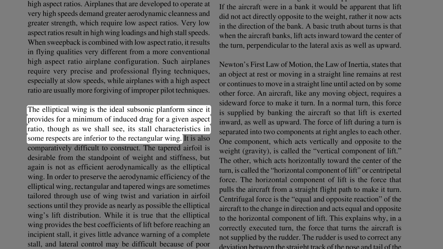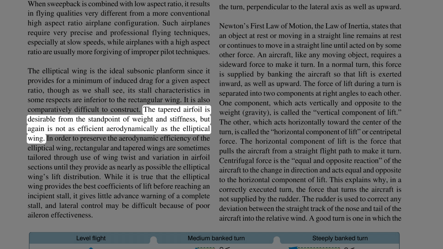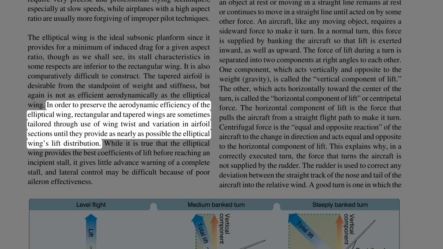The elliptical wing is the ideal subsonic planform since it provides for a minimum of induced drag for a given aspect ratio, though as we shall see, its stall characteristics in some respects are inferior to the rectangular wing. It is also comparatively difficult to construct. The tapered airfoil is desirable from the standpoint of weight and stiffness, but again is not as efficient aerodynamically as the elliptical wing. In order to preserve the aerodynamic efficiency of the elliptical wing, rectangular and tapered wings are sometimes tailored through use of wing twist and variation in airfoil sections